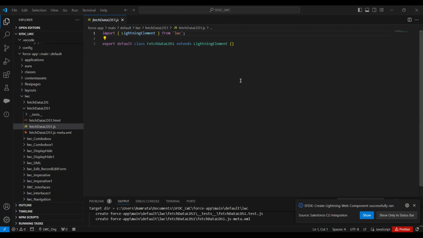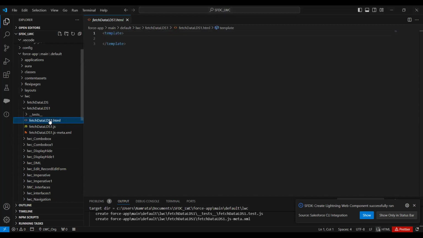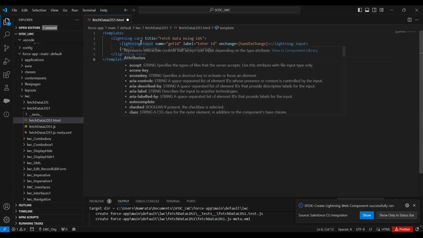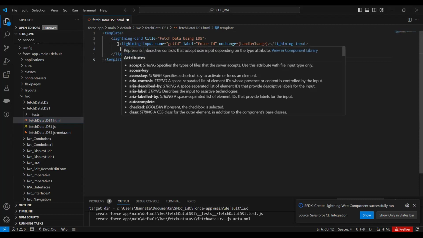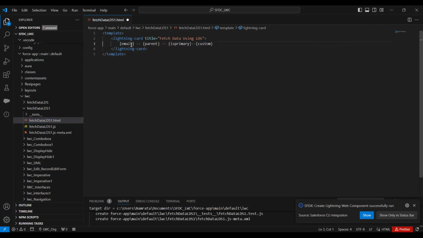So here I have already created a Lightning component. I have named it fetchDataLDS1. Now what I'm going to do in it is, first of all, let's create some fields that we are going to show in the template. So let me go to the HTML. So here is what we are going to show. I have made a lightning card in which I'm